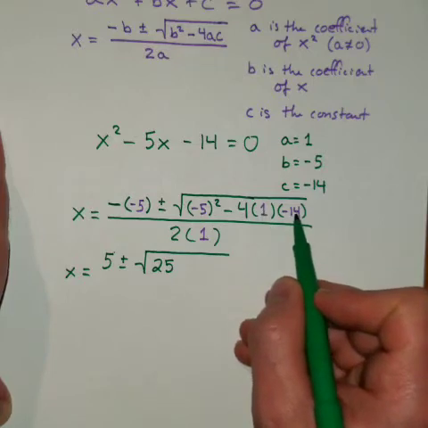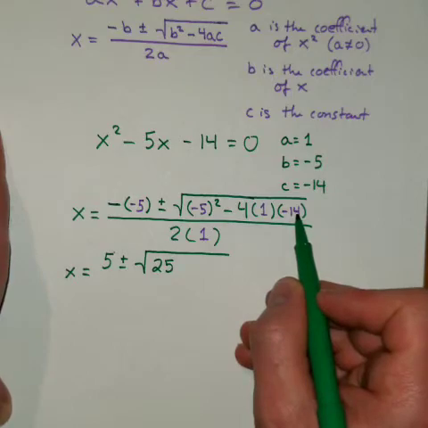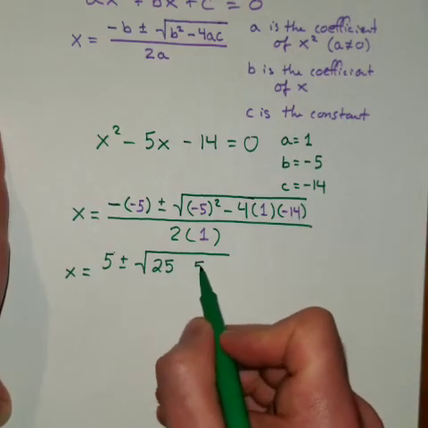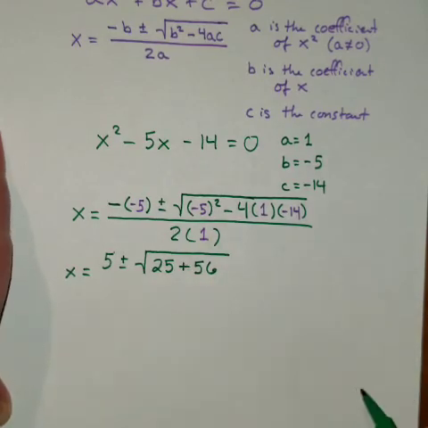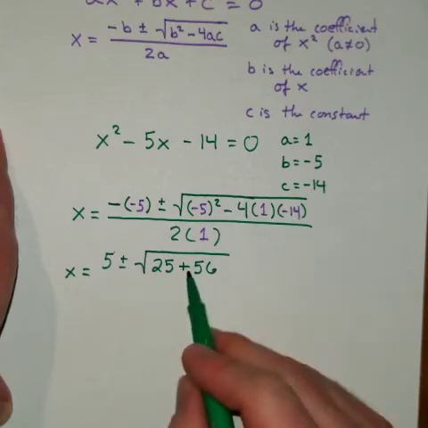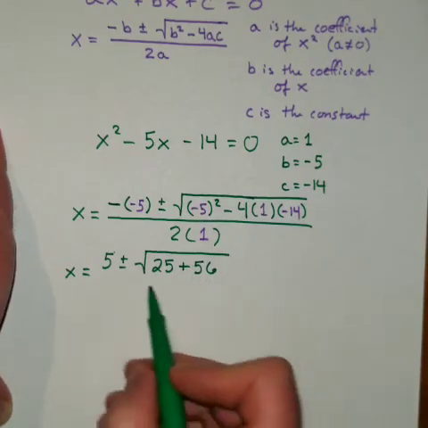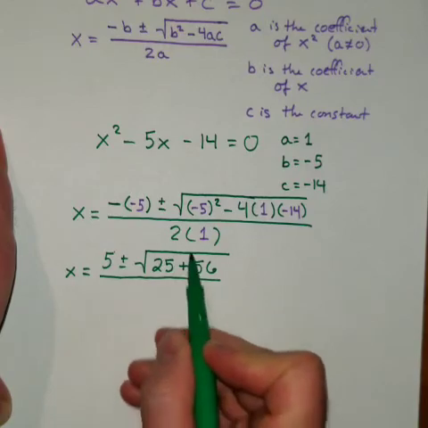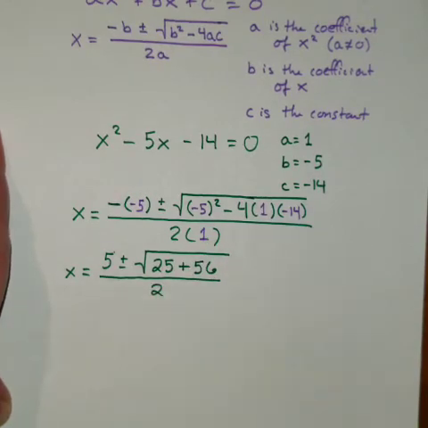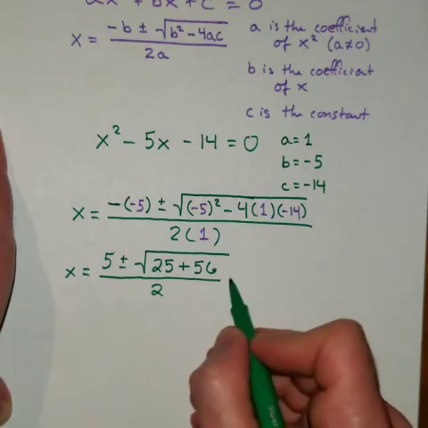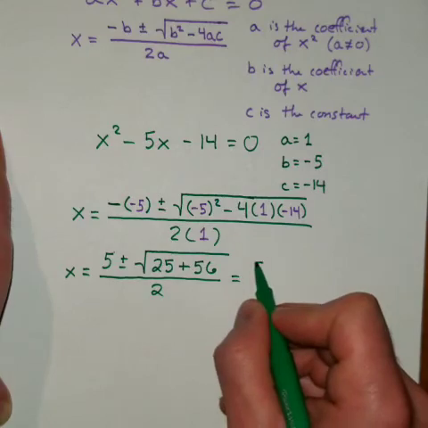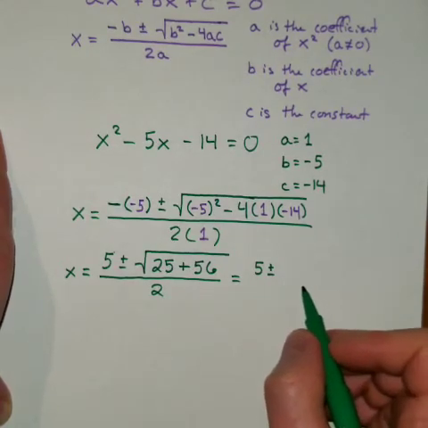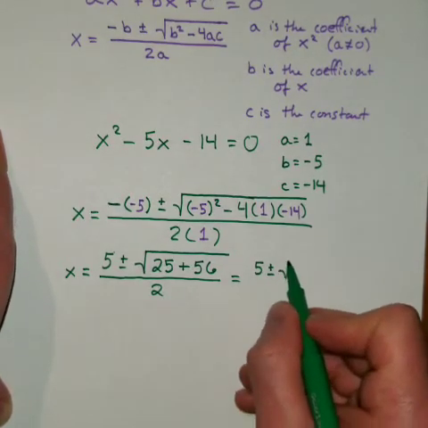4 times 14 is, what's that, 56? And so that's going to be a 56. The double negative makes that a plus, right? -4 times -14 is +56. 2 times 1 is 2. And then we continue to simplify. So under the root, we can add those together. 25 plus 56 is 81,